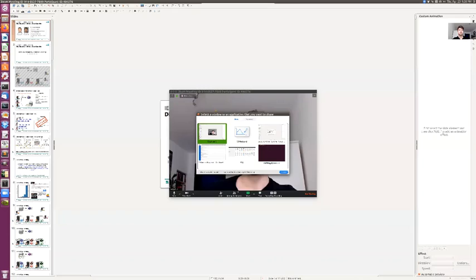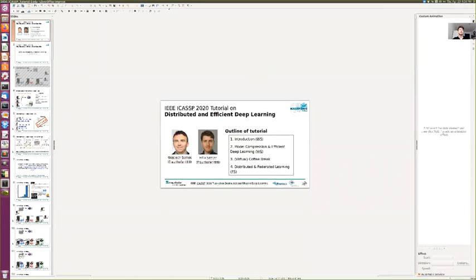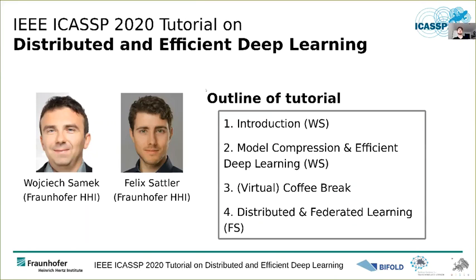Now, in the first part of the tutorial, you have already learned a lot about the efficient training and efficient execution of deep neural networks. And in this second part, which will be on distributed and federated learning, we broaden our view and now consider collaborative learning systems where multiple learning agents jointly try to train one neural network under certain sets of